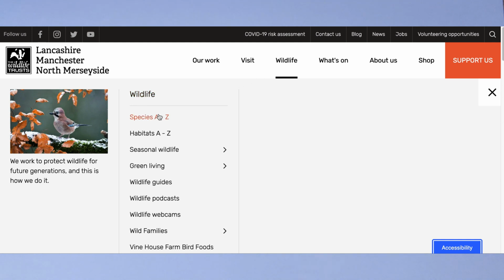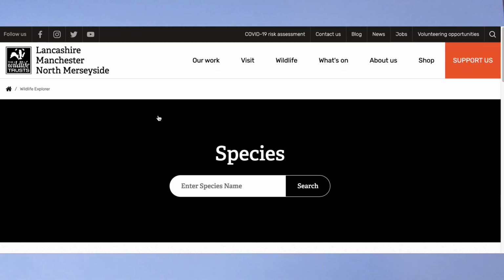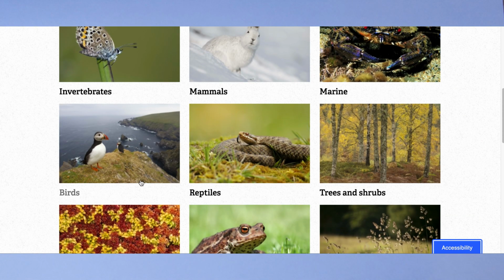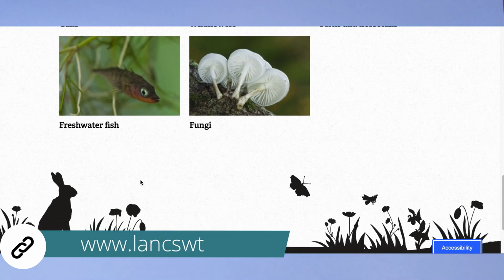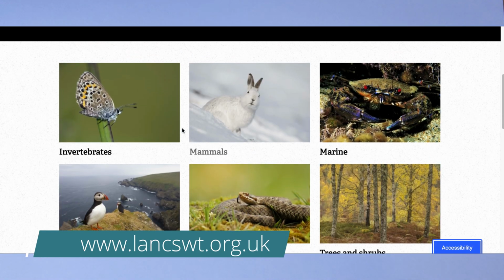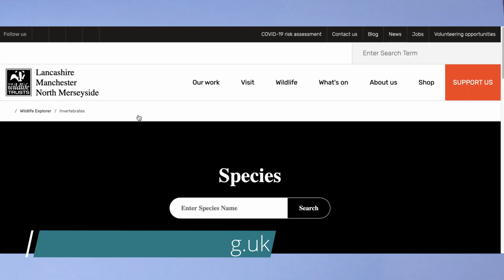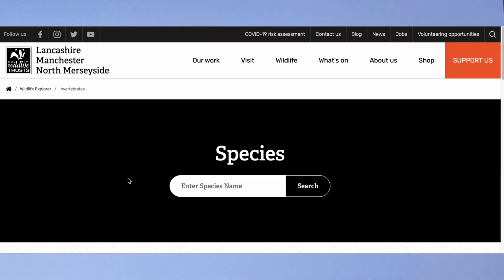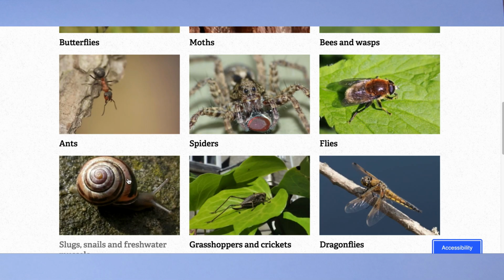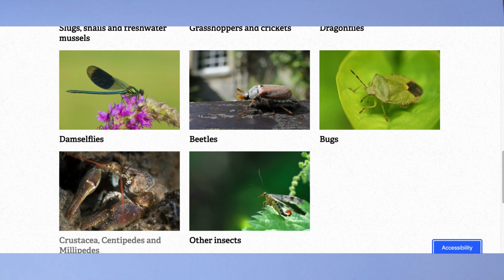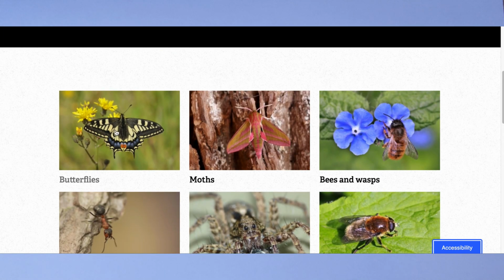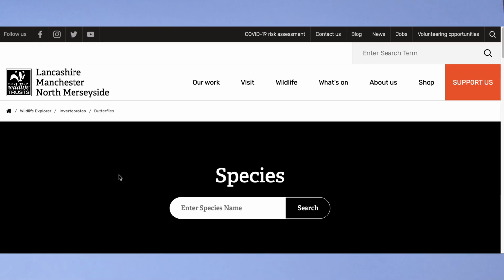easy to find out. There's a brilliant website you can look at called the Lancashire Wildlife Trust website. There's a link to it there. If you type that in, that'll bring you to the website and it'll take you to a page that's all about the wildlife species, so different types of wildlife that you might find in your local area. So things like frogs and these different plants, some of these insects, maybe things like foxes or badgers.